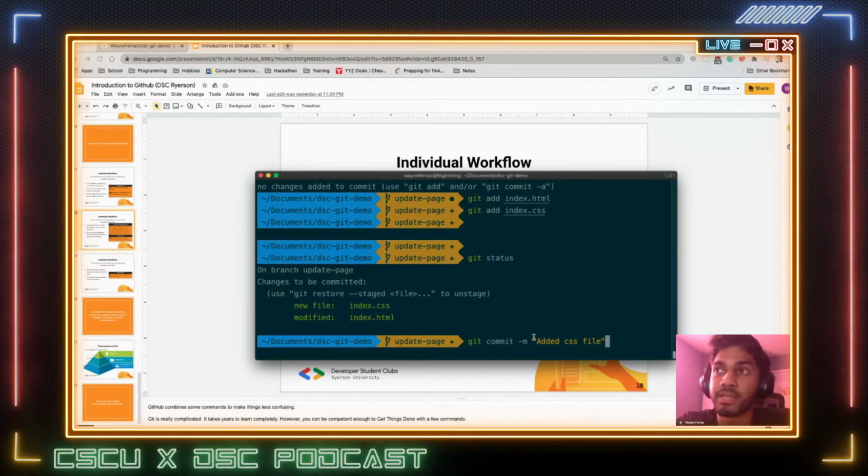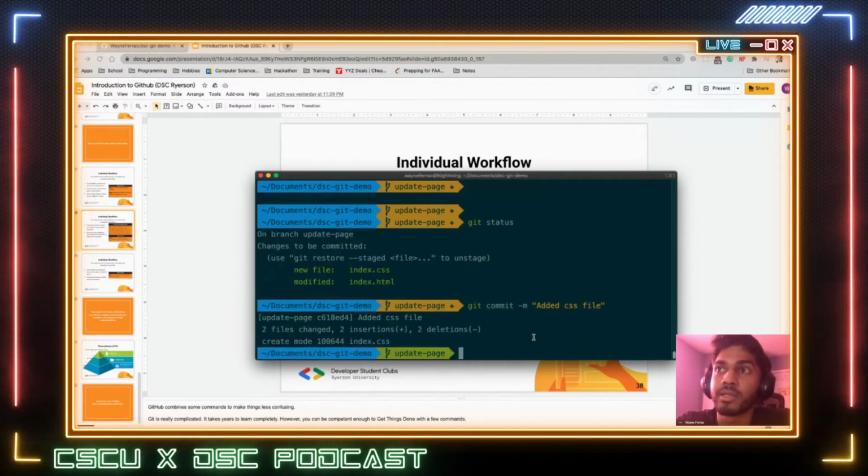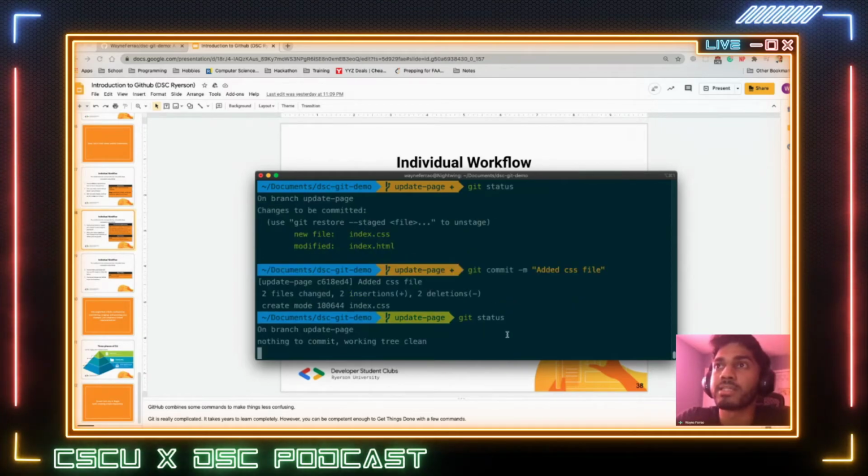Added CSS file. That's going to be my commit message. Okay. And now I've staged my changes and I've committed them. Git commit -m. And I think git status will now no longer show that. So if you do git status again, it won't show any changes because you've already added them and you've already committed them. So now you've committed it,